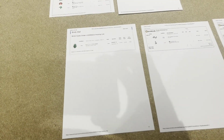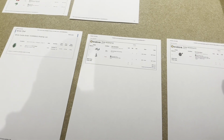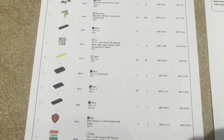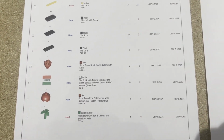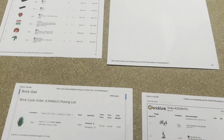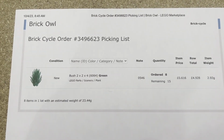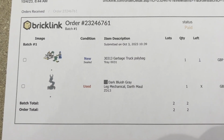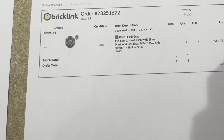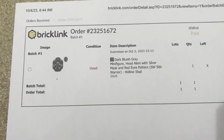Welcome to Wednesday morning. We've got a grand total of 4 orders at the minute. 3 on Bricklink, consisting of this one, just lots of different parts. This one is Brick Owl, just for 8 bushes. Bricklink again, we've got a Darth Maul leg and a poly bag. And then Bricklink again, and this is Sith Warrior head